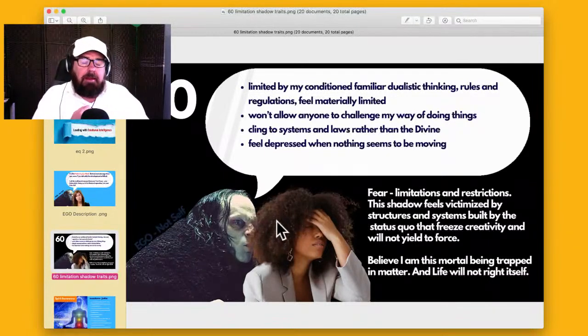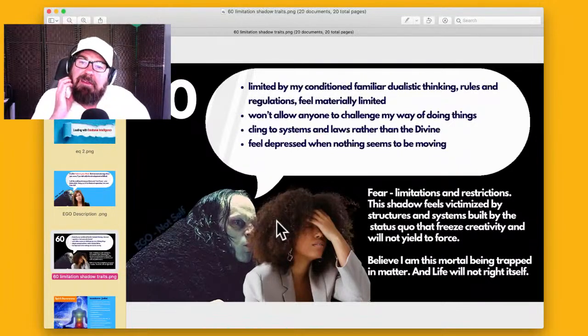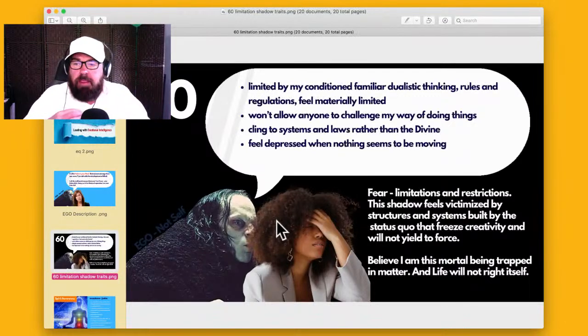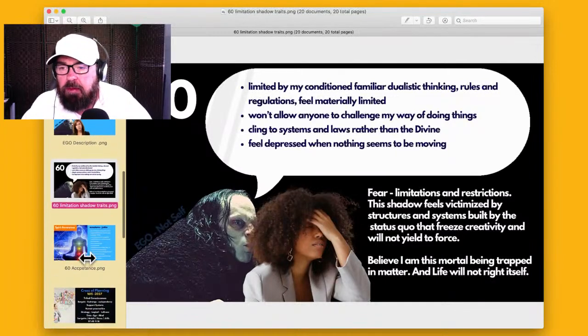You know, it's like a plant, right? If you plant some tomato seeds or whatever down in the ground, and then you go out and you don't see anything happening, does that mean nothing's happening? You don't dig it up, right? You trust that the seed is germinating. That's what this shadow of limitation and gift of acceptance is teaching us, right? So let's go to the gift. So this is the limitation for the new moon.